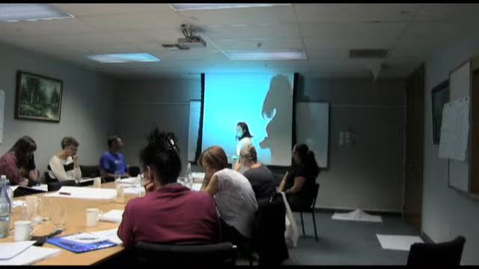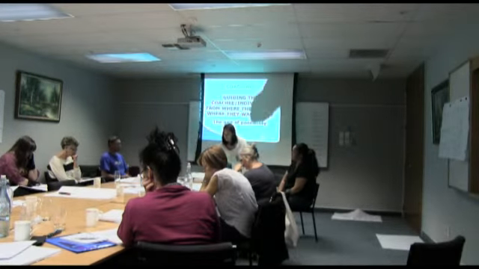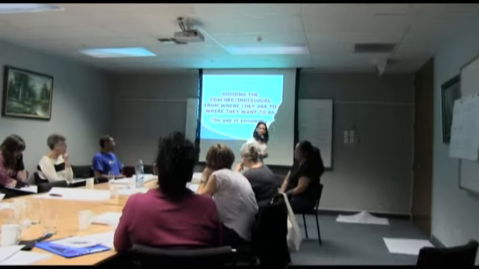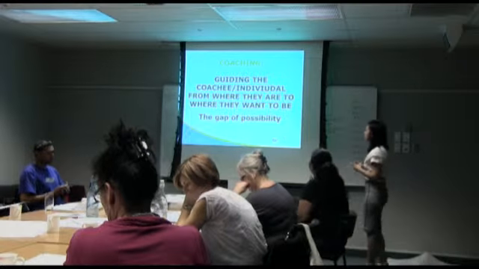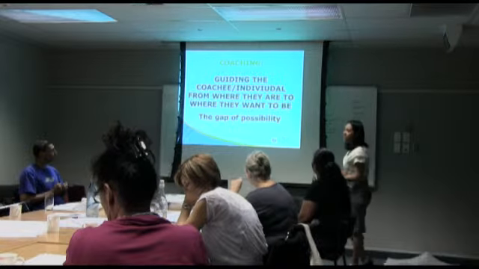You'll see that it essentially focuses on what is called this gap of possibility. So it's guiding the coachee or the individual from where they are to where they want